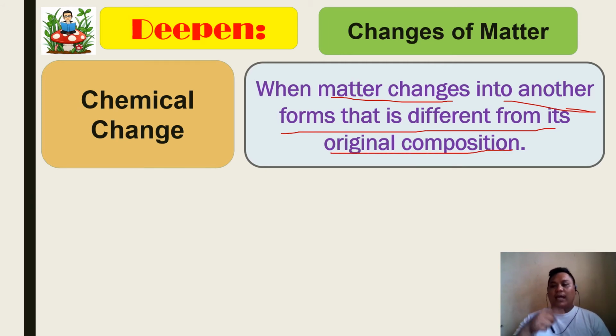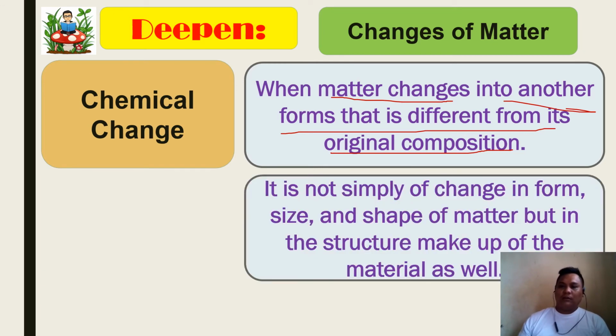So kung yung isa, nag-remain, yung physical change, remain pa rin yung changes niya. Ang chemical change po ay nagbabago po ang kanyang itsura. So it's not simply change in form, size, and shape, but the structure make up